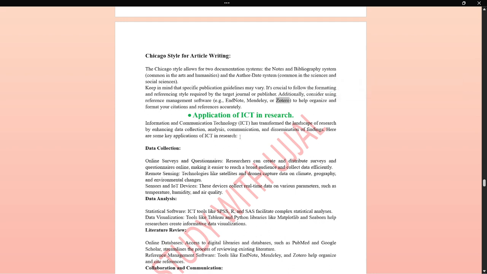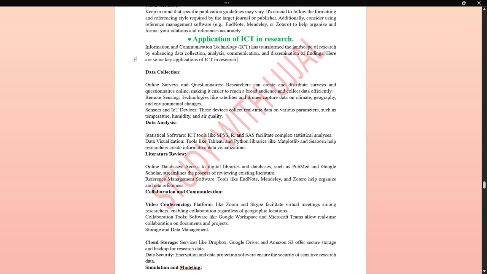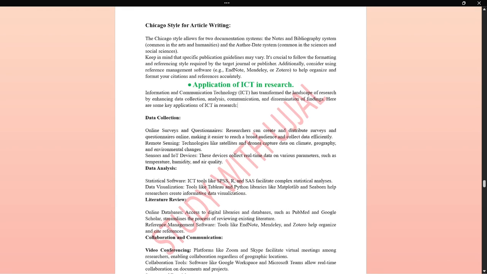Suppose you want to cite any article or paper, you can download the paper and add it in Zotero or the app, making a file or folder. So later on when you're writing a paper, just click insert and the citation will automatically be cited in your paper.